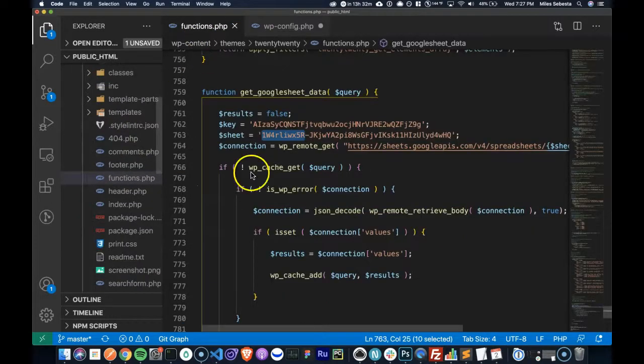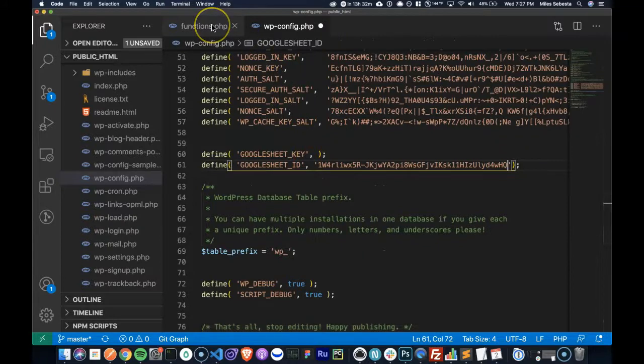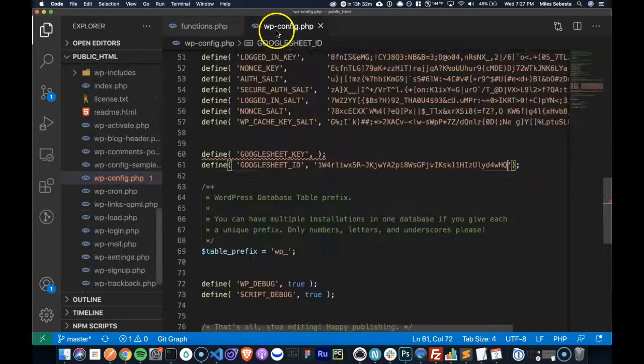So I'm going to go back to my functions. So I have my sheet, and I'm going to say that's the ID. I'll copy this down here, put it into the string. Then I'm going to go this here, and I'm going to put it into this string.